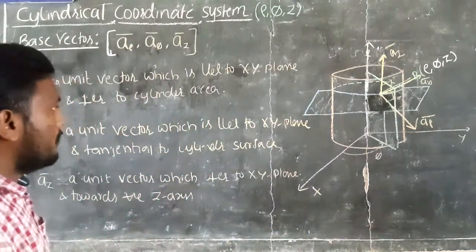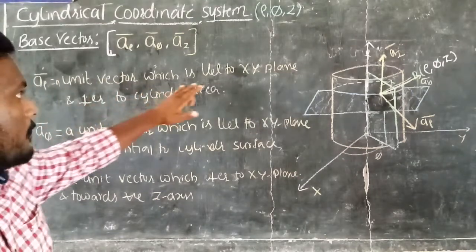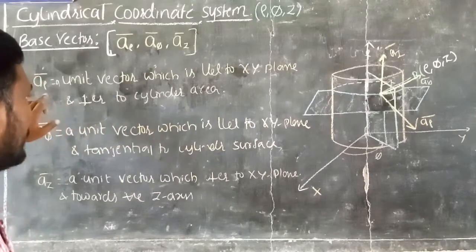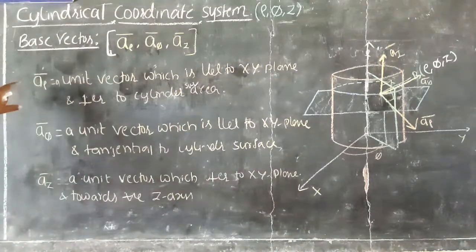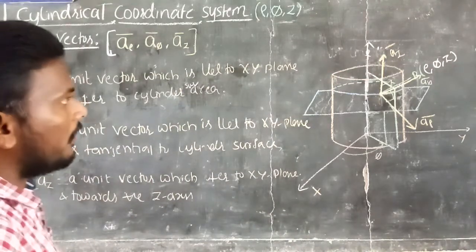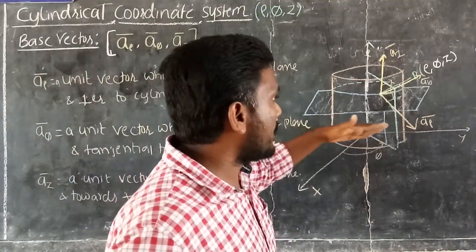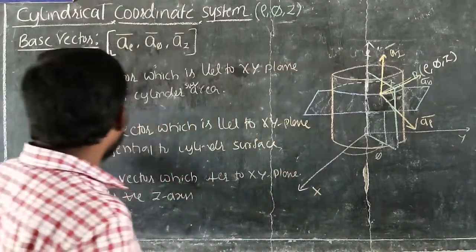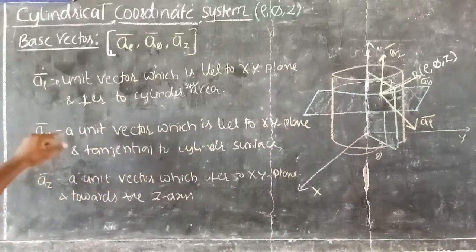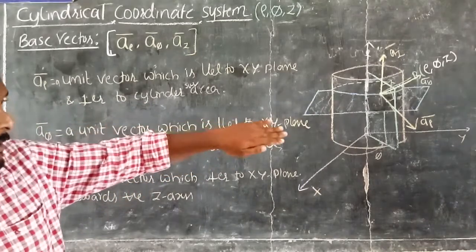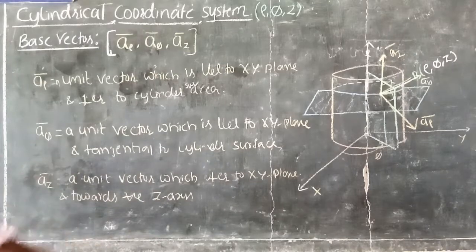Okay. So, sir, how can you tell that a unit vector parallel to the xy plane is perpendicular to the cylindrical surface area? These base vector directions are decided based on the radius of the cylinder, the phi direction, and the z direction. That's why I have taken the a rho bar direction along the radius of the cylinder, a phi bar in the direction of the half plane, and az bar in the constant z plane.